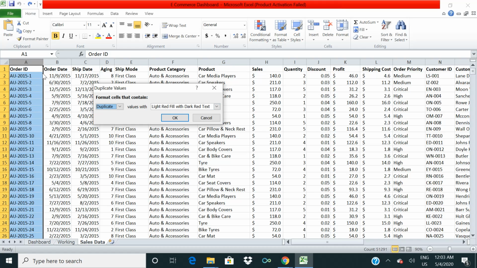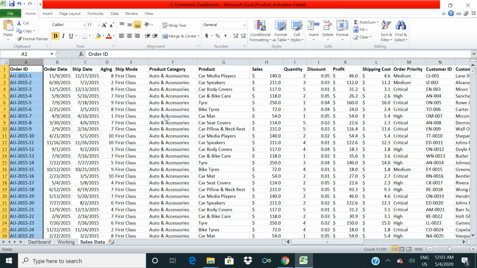So this particular cell will be filled with red color, and the text will be written in dark red color. Now I am clicking on OK. There is no change because in this column there is no duplicate value.